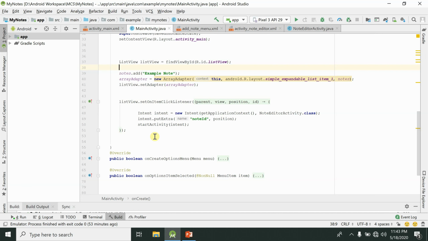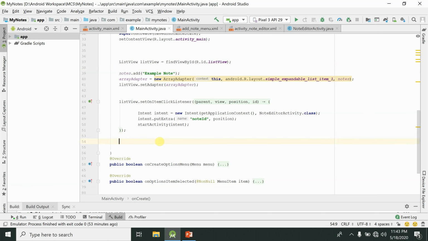But before going into the coding part, I'm also going to discuss what we learned so far in the previous two lectures. So let me run this application.